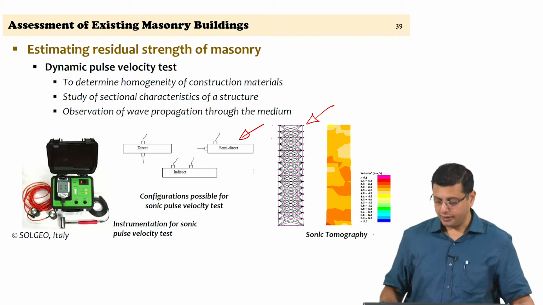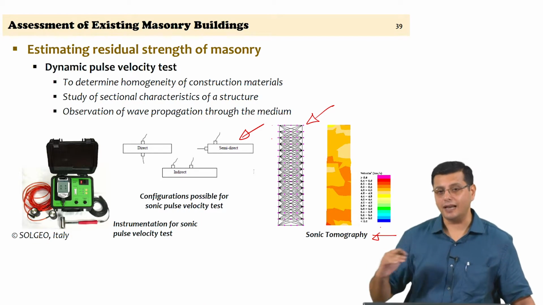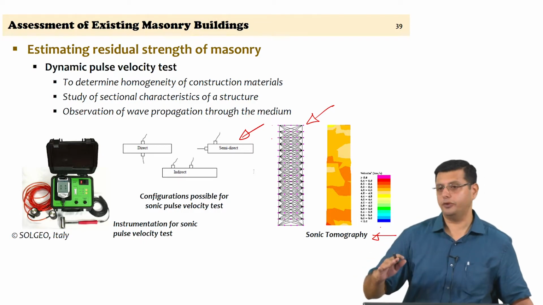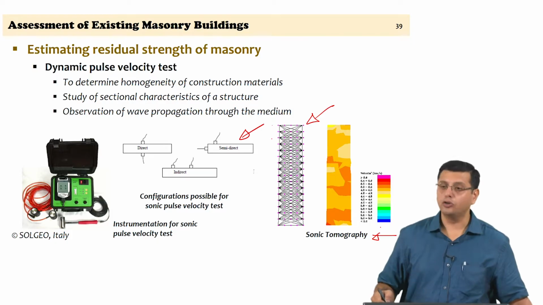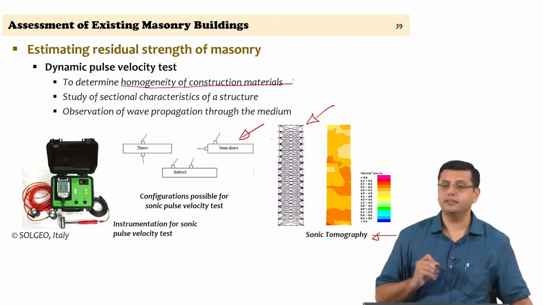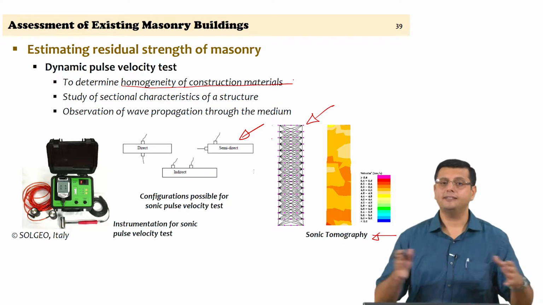It is referred to as tomography, sonic tomography, because sound waves are used to study a slice, which is a tomo, and here you are getting a contour of velocities. And as I said, with a contour of velocities like this, I am not able to arrive at strengths. I still will only be able to understand if there is homogeneity in the construction material in the cross section that I am studying. Let us take a brick wall,